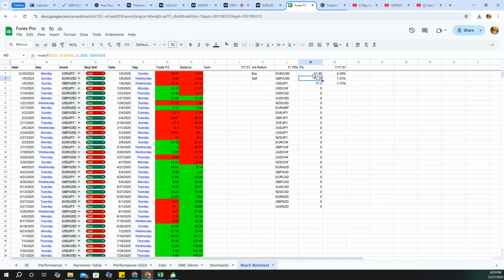That is about 62 dollars on the 1000. And the USD JPY did negative 1.7. Okay, the total performance is 11.7%. So a capital of 1000 became 1117 after 12 months, after 1 year